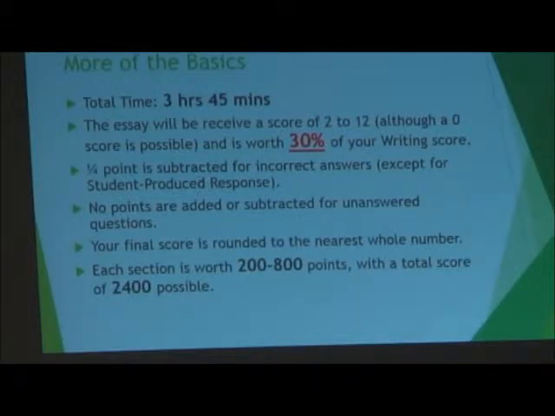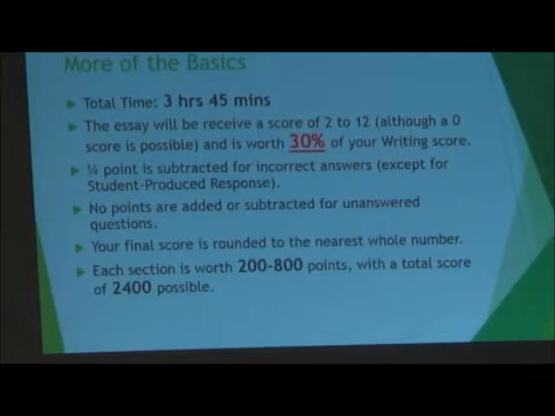For multiple choice, you get a 1/4 of a point off for every incorrect answer, except for the student-produced responses, which are grid-in answers. So sometimes you want to think strategically. If you completely can't rule anything out, you might want to leave that question blank. But the rule is if you can rule 2 things out, you should always guess. Because probability-wise, it's more worth your time to attempt to get that extra point than to take the penalty. So if you can rule 2 things out, then you should always guess.